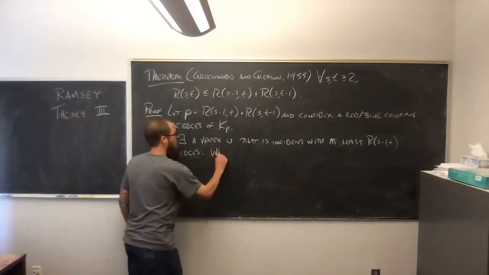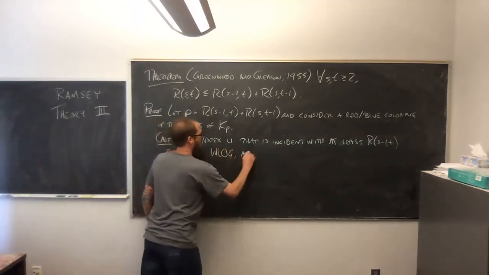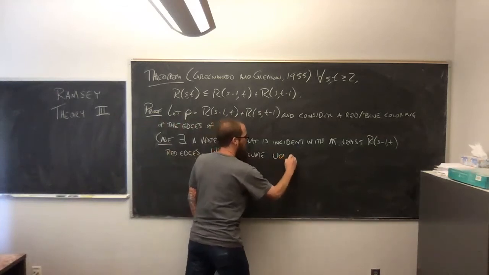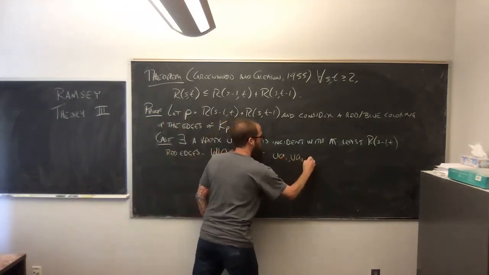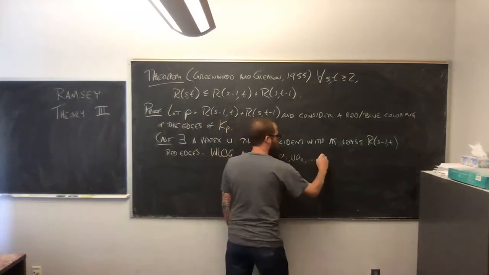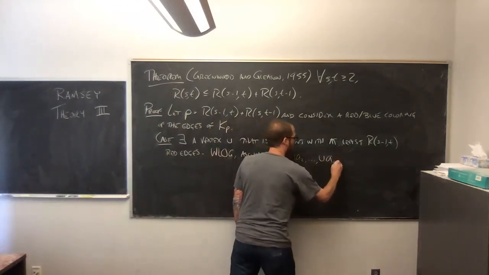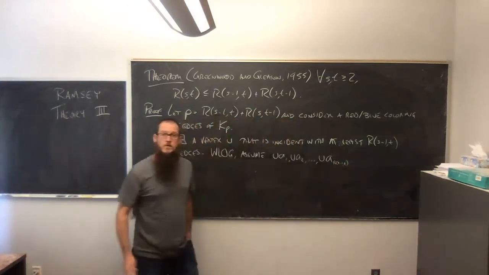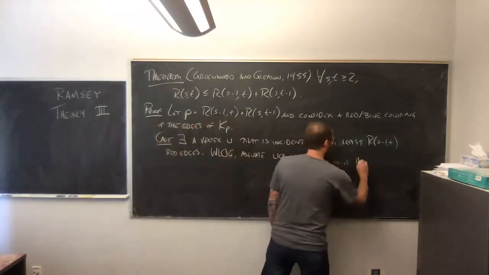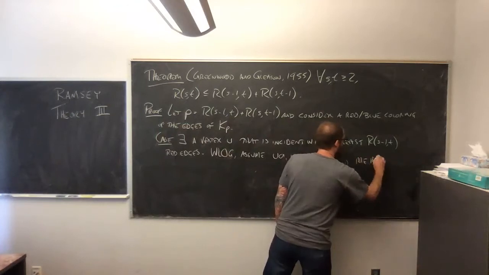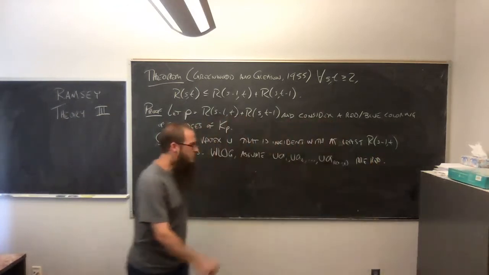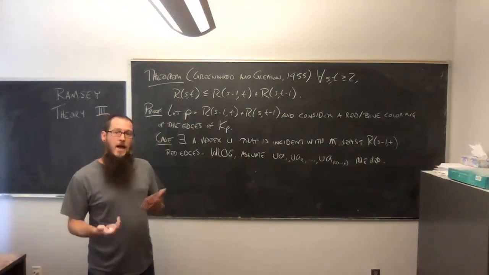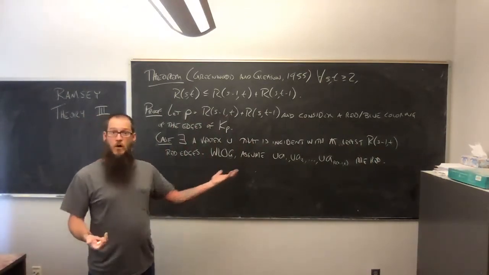So without loss of generality, let's assume that UA1, UA2, all the way down to U A sub R(S minus 1, T), all of these are red edges. Well, if we were to focus now on the subgraph that's induced by A1 up through A sub R(S minus 1, T),